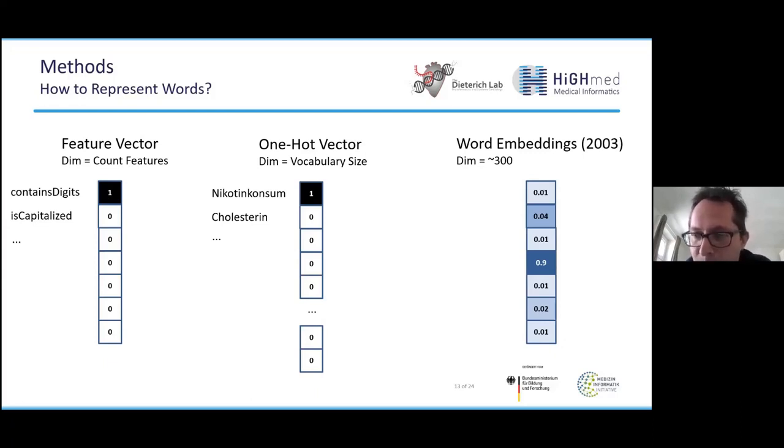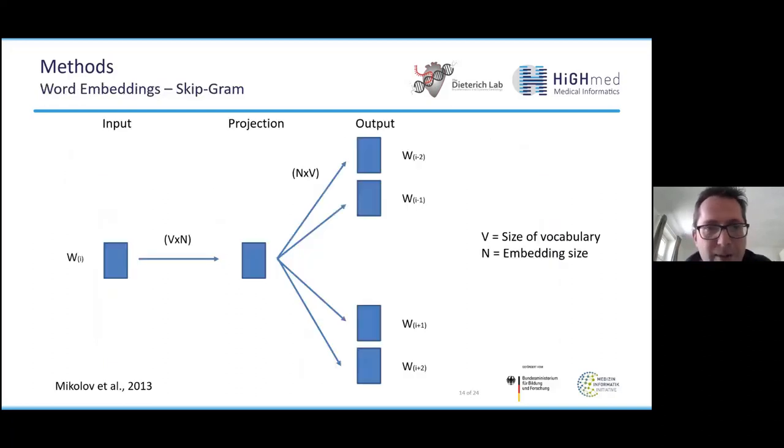And here with our word embeddings, let's say we have a vector dimension of 150 or 300. We now want to optimize, and we want to use all the dimension entries in the vector for this representation. So let us have a short look at how these word embeddings were actually created, because then you can maybe get an easier understanding of it. I'm just choosing one of the possibilities for how you can create word embeddings. There are several possibilities, just to give you an impression.